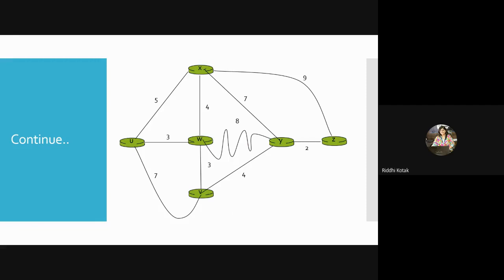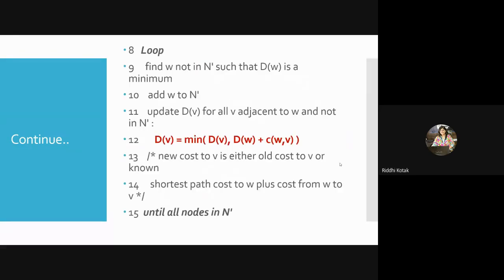You are having two possibilities. You find the distance for the current node, and you also have a predecessor node, compare them and then find the minimum. That is based on this equation: D of V equals the minimum of the current node distance or the distance of the previously explored node. And among all the possibilities, you have to select the minimum. That is the reason at that step 6 comma W was selected.